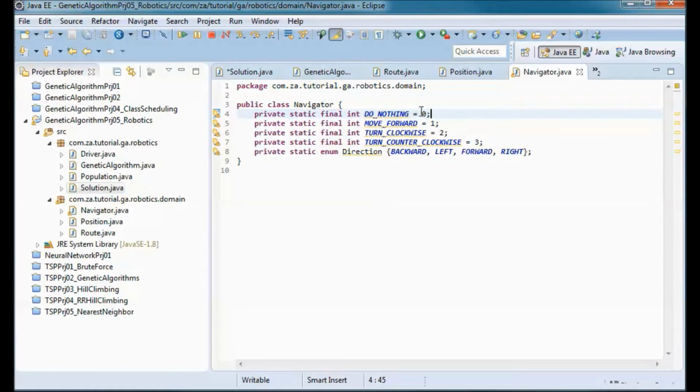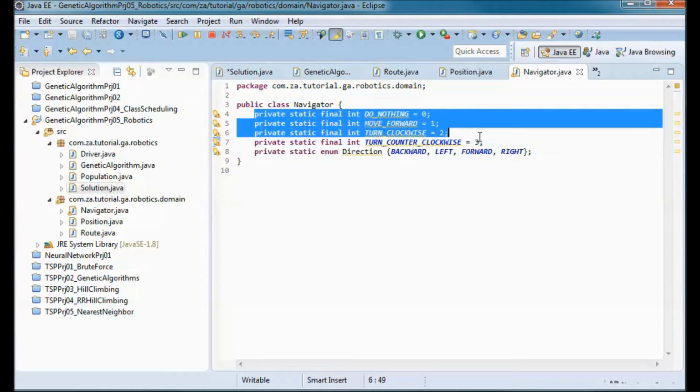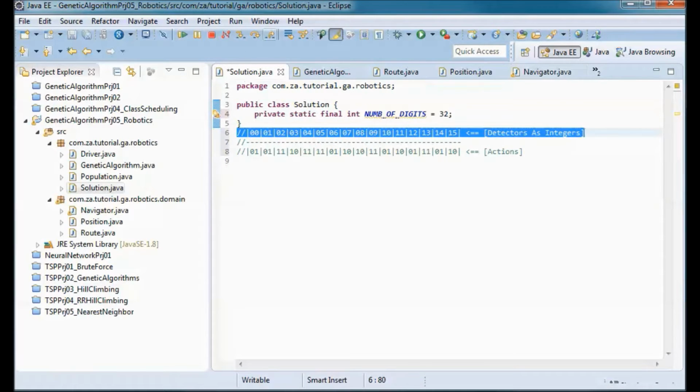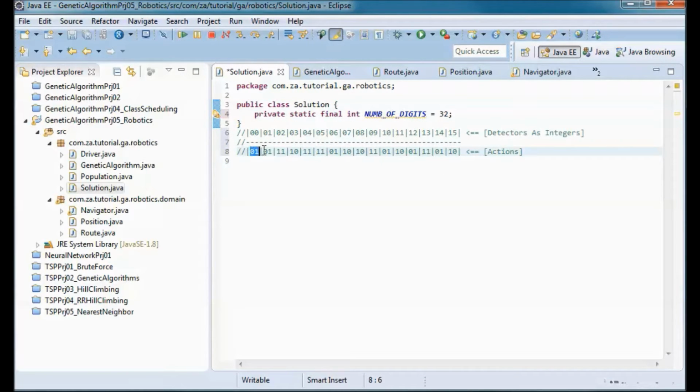We represent those as 0, 0 for 0, and 0, 1 for 1, and 1, 0 for 2, and 1, 1 for 3. So we need 2 digits to represent those 4 possibilities. So here we have 2 digits for each possible set of detectors, and 16 times 2 gives us 32. So this is the number of digits being 32.